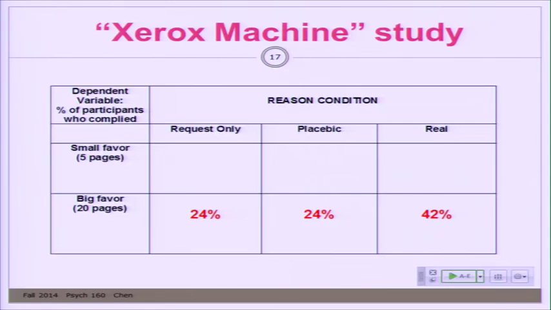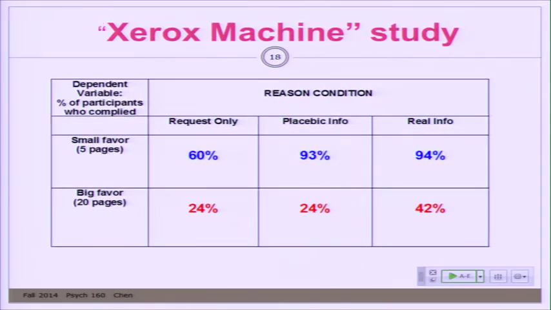Specifically, you can see that more people complied in the real reason condition, because they're thinking carefully, they're discerning that there was actually a real reason in this condition, than in the other two conditions. And importantly, you can see the placebo condition has the same rate of compliance as just the request condition. These people were onto you. They're thinking carefully. They noticed that the placebo condition is in effect like the request-only condition. Mindful thinking, mindful behavior is going on in this condition when somebody's asking something big from you, alerting you to maybe not just act mindlessly.